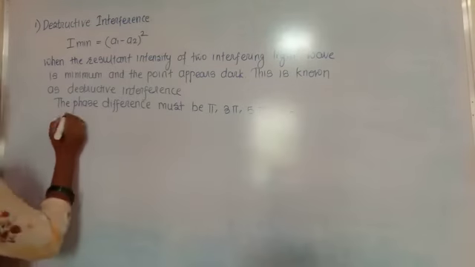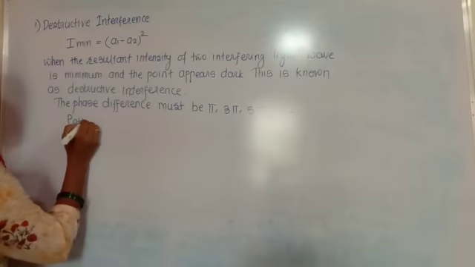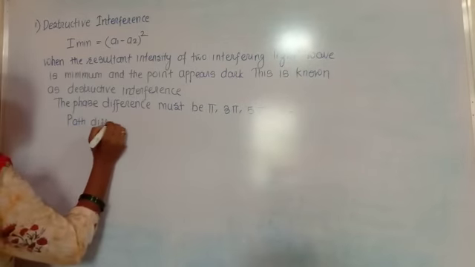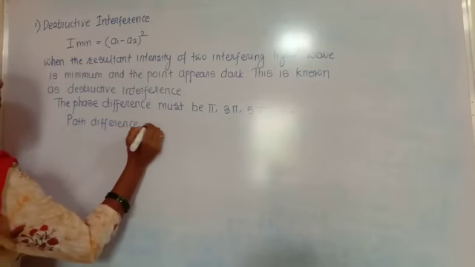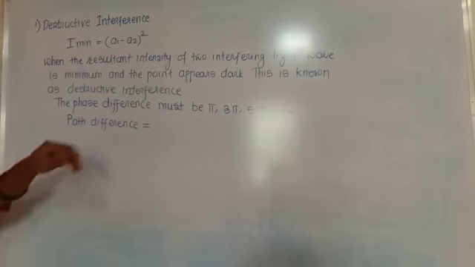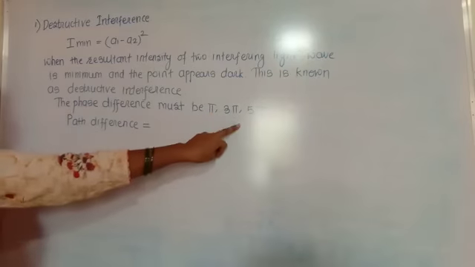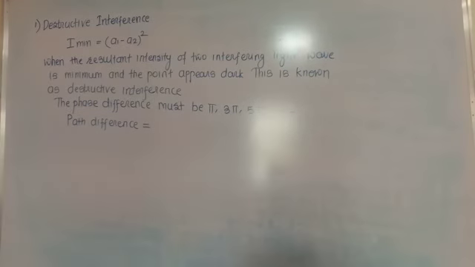And in terms of path difference, the path difference must be an odd number, pi, 3 pi, 5 pi, so that's why we take the odd number